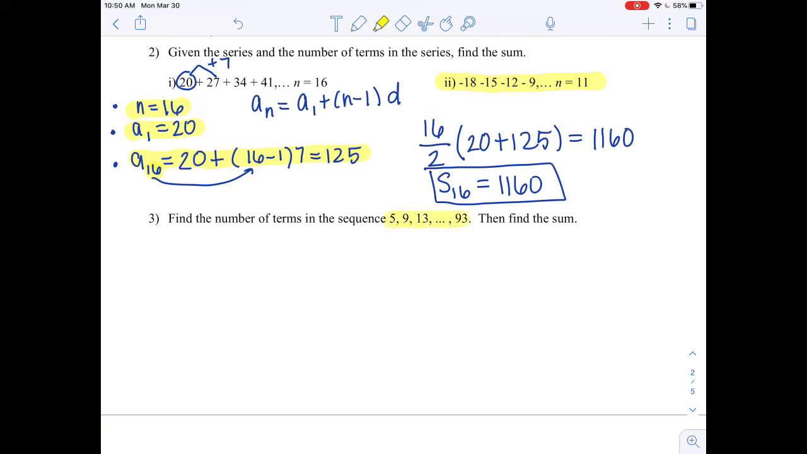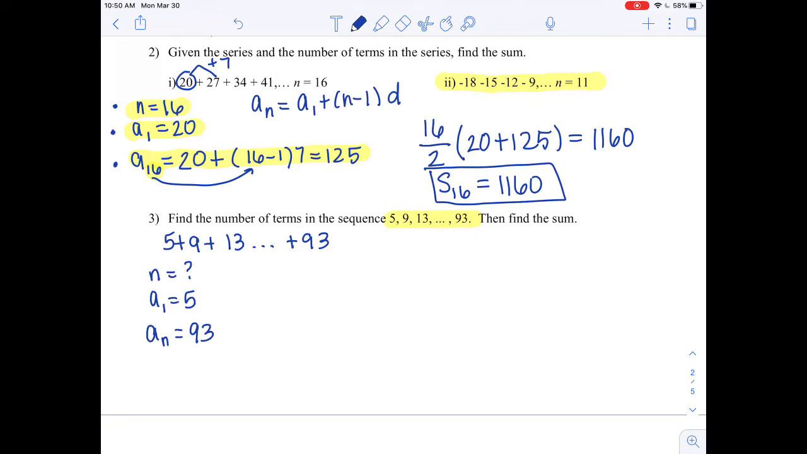I like this question because it really highlights the difference between a sequence and a series. So you'll notice that a sequence, again, is just a pattern of numbers. Once you start adding that pattern of numbers together, that's when it turns into a series. And so you can see in this case, I have that the first term is 5. I have the last term is 93, but what I'm missing this time is how many terms I